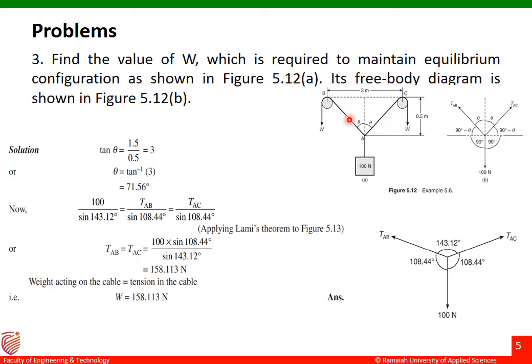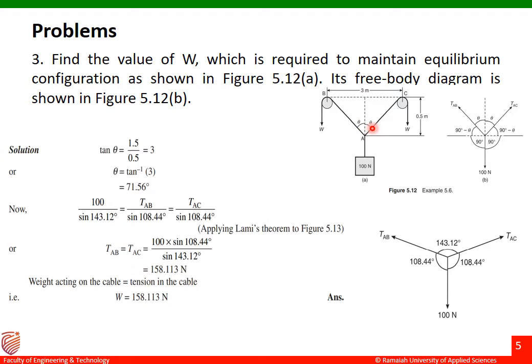So we can go for trigonometric function, that is tan theta. Tan theta is equals to opposite upon adjacent. So my opposite side is 3. This is half of this 3 there. Okay, from here to here this is 3 by 2, that is 1.5 meter. This is my opposite side. Adjacent side is vertical one. Vertical height is 0.5. So that is tan theta equal to 1.5 divided by 0.5. So this is equal to 3. So we'll get the answer for theta as tan inverse of 3. That will be equal to 71.56 degrees.